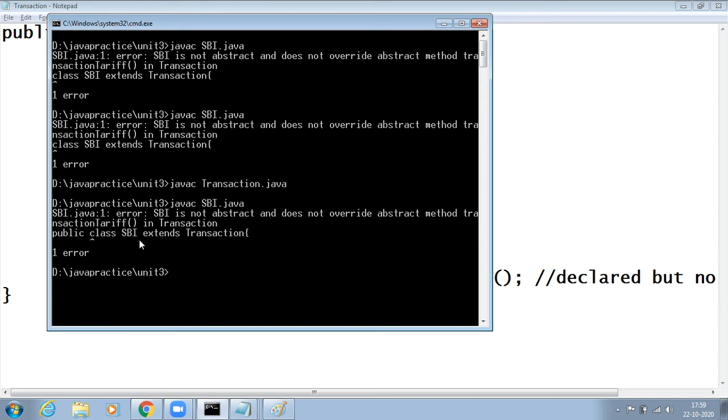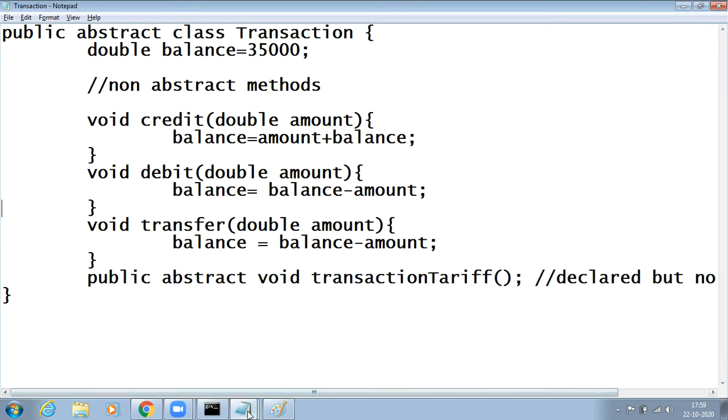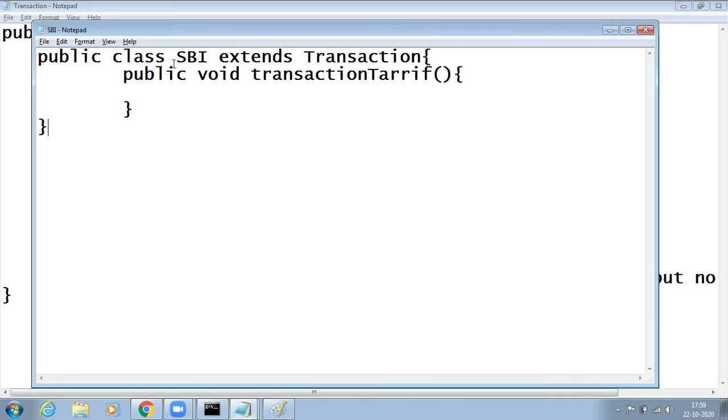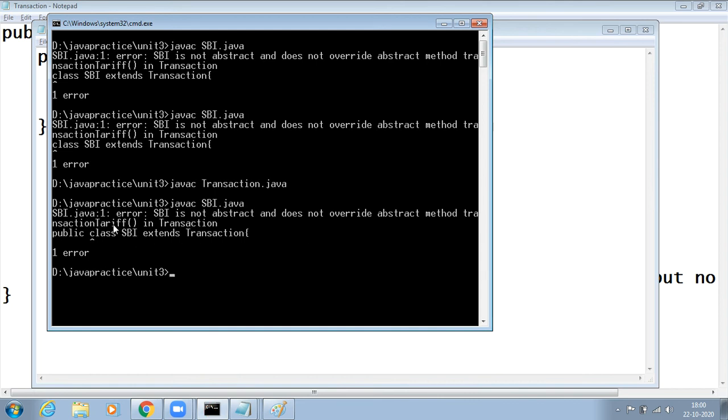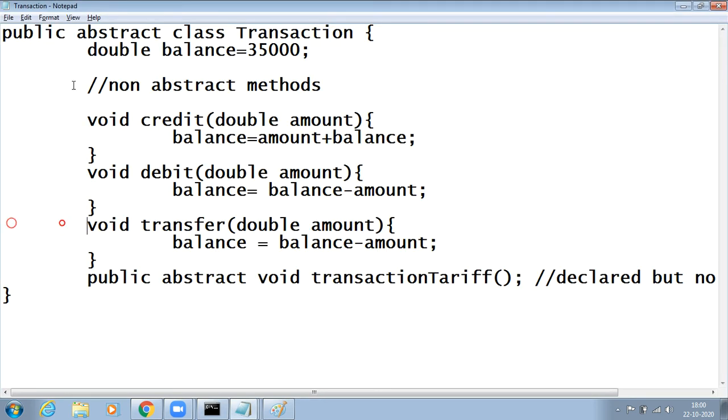Class SBI, is the spelling wrong or what? Class SBI extends transaction. Still it is showing me an error. There is some kind of error we are not seeing properly. SBA is not abstract and doesn't override abstract method transaction tariff in transaction. So, abstract class: public abstract class transaction, done.